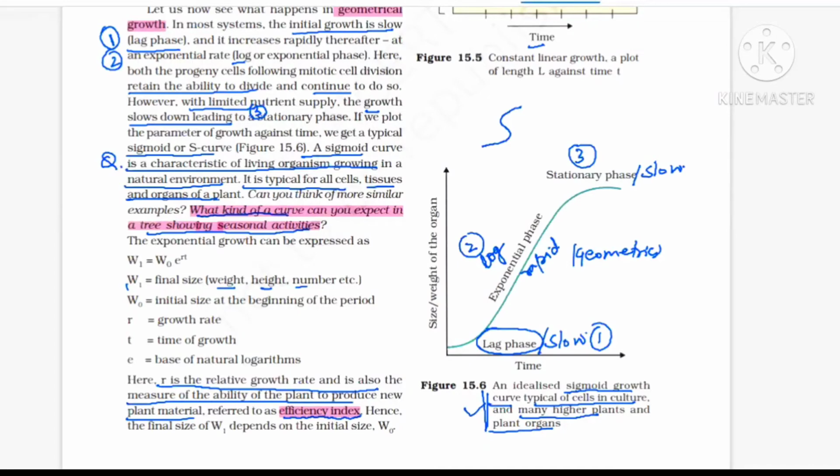So I'll draw the diagram here. Try to understand. It will be this way. Stop, again start. Stop, again start. This way it is there. So it is a stoppage and restart every year. So they will not get a proper growth curve. There will be stoppage and again start, again stoppage, again start. So I hope up till here the topic is clear to you.